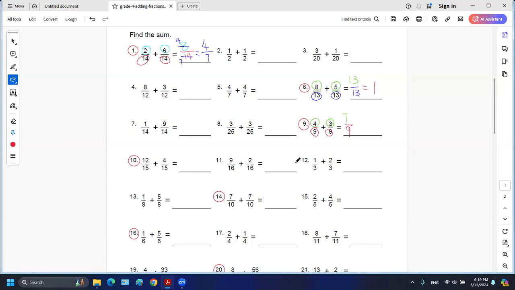Question number 10. 15 and 15 is 15. 12 plus 4 is 16. And here, because 16 is bigger than 15, and the bottom has to be bigger than the top number,